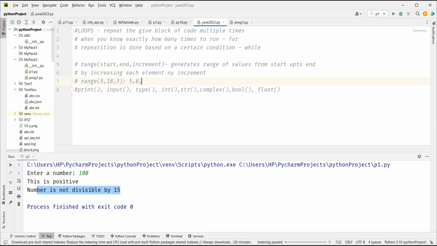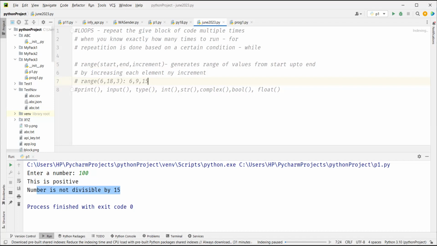So you get 5 plus 3, 8. Okay, better I'll put 6, then you can actually see. So 6, I'm putting 6 here. 6 plus 3, 9. 9 plus 3,